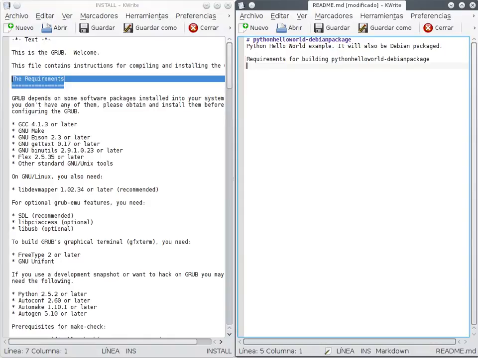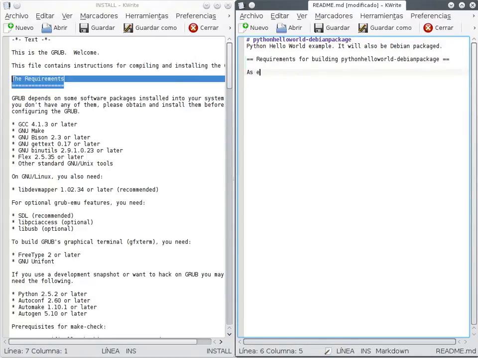And I'm not sure what the Markdown is. Maybe like this is right. Okay, so requirements for building package. Okay. Now what are the requirements? So we will see later, but we need default tools which were explained